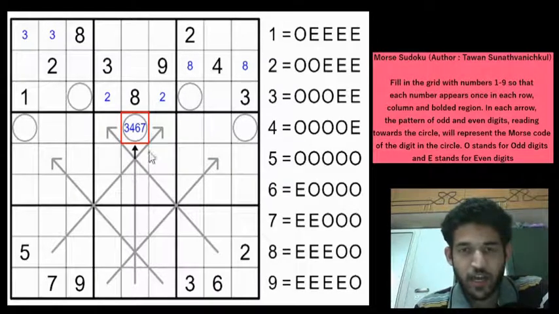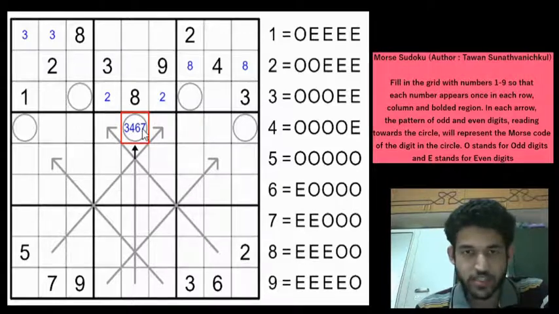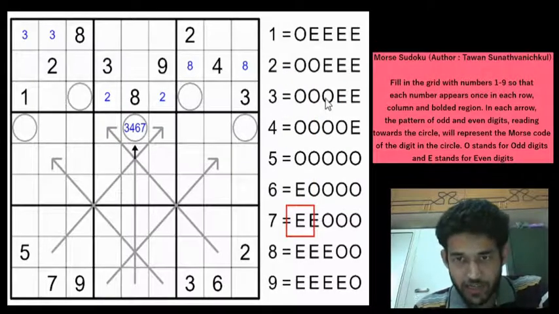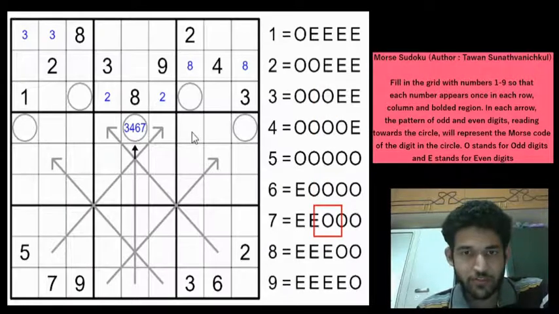in this circle, and the only way we can make progress in this Sudoku is to see if there is any common odd or even position among these 4 digits, right? So if you consider 3, 4, 6 and 7, the first digit is odd, odd, even, even. There is no commonality. And the second digit, if you see, it is odd, odd and odd, even. Again, no commonality. And the third digit, if you see, odd, odd, odd and odd. Okay, there is a commonality.